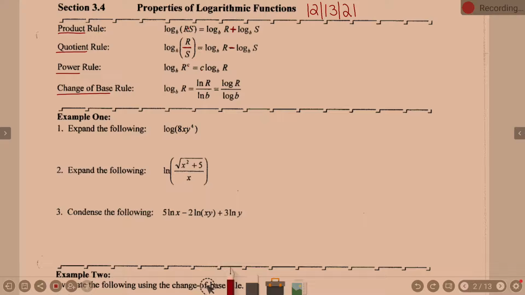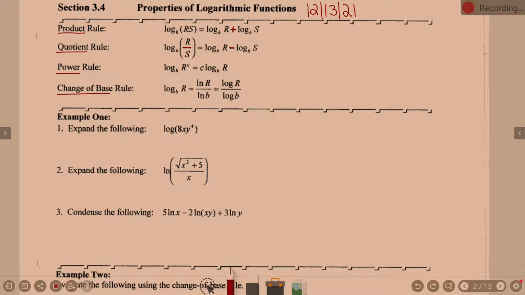Technically, what are you going to say if I say there's 3 things being multiplied? Do you see 3 things being multiplied? We could break it into 2 first, but we're still going to have to eventually break it up. So if we break that into 3 things, we have an 8 times an x times a y to the 4th. So product rule says multiplication within one log can be rewritten as multiple